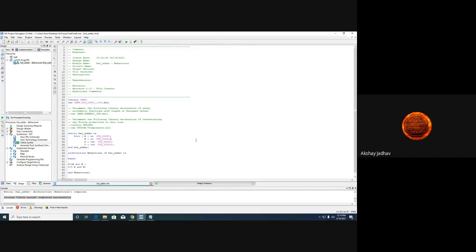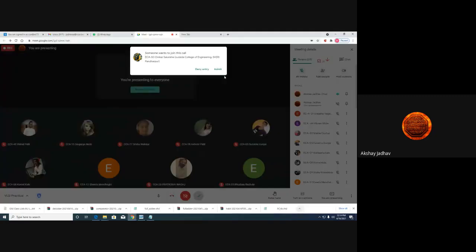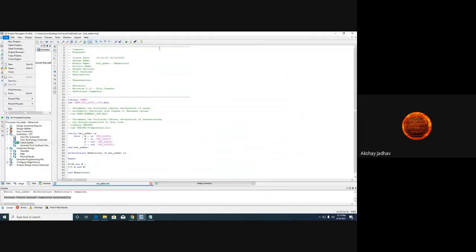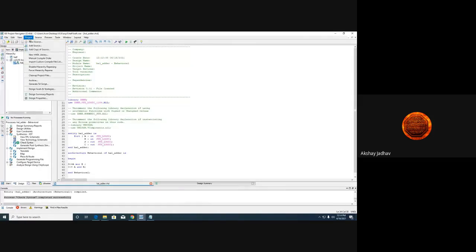So what we did first, we started with a project under file. I'll revise quickly what we did earlier. In this, we went here, we created a new project, and we gave the name. After that, we created the wizard. Then we clicked on the project, then clicked on new. Under that, we selected the VHDL module. We gave it the name half adder.